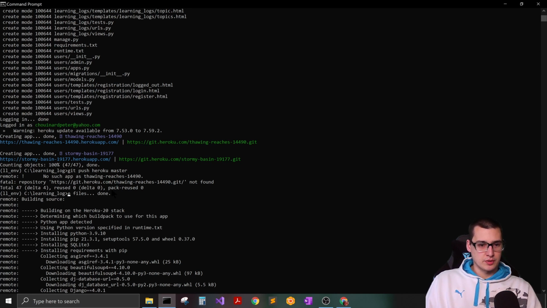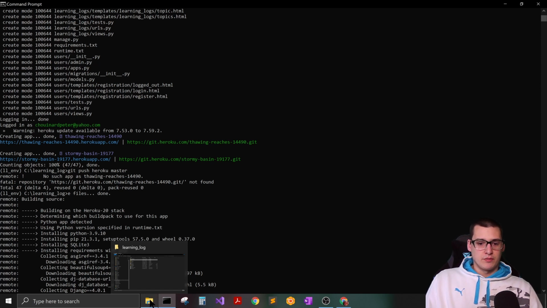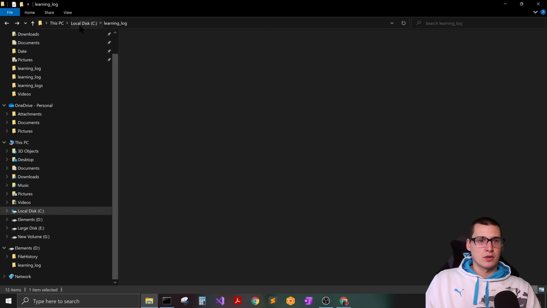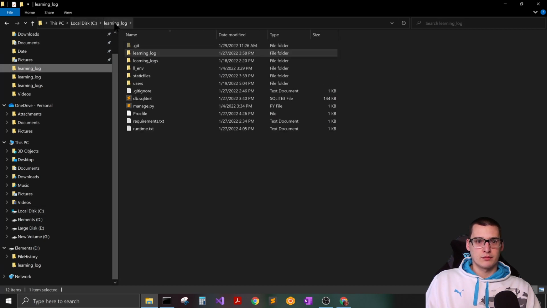Basically, it's not going to let you do it, and that is because you already have a git repository linked to a different Heroku app. So if you run into issues and you have to start over and you're having a lot of problems, just go to your project file right here,